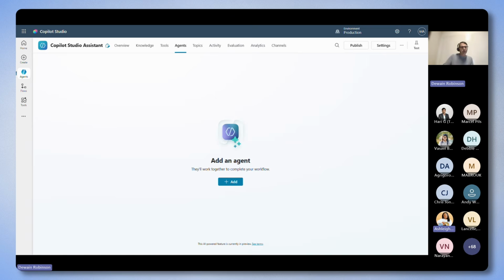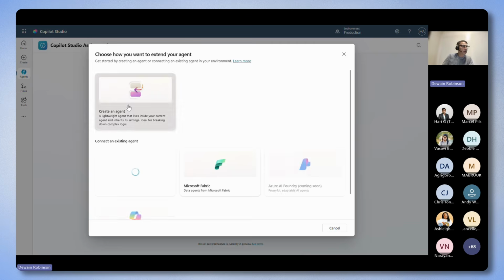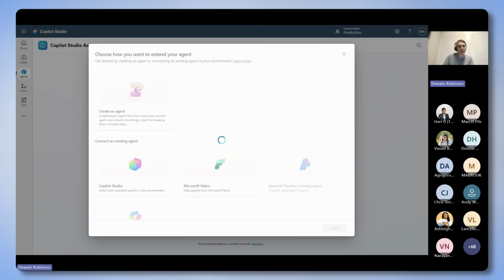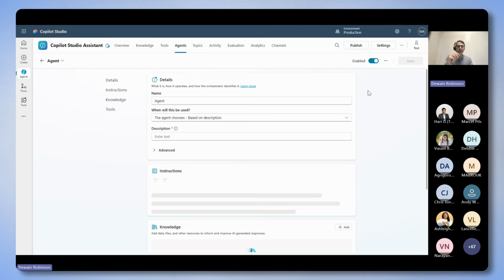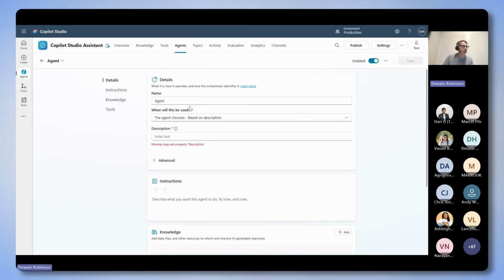Yep, no worries. So we're going to go in and add a child. So let's say that we want to add a child. So we go in and say that we want to create a child agent. Now, this child agent, when we create it, is inside of our agent. So what we're going to do is give it a name. It's going to be called